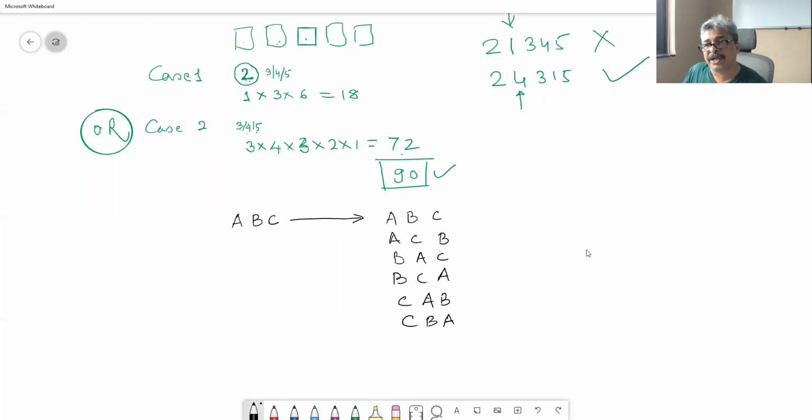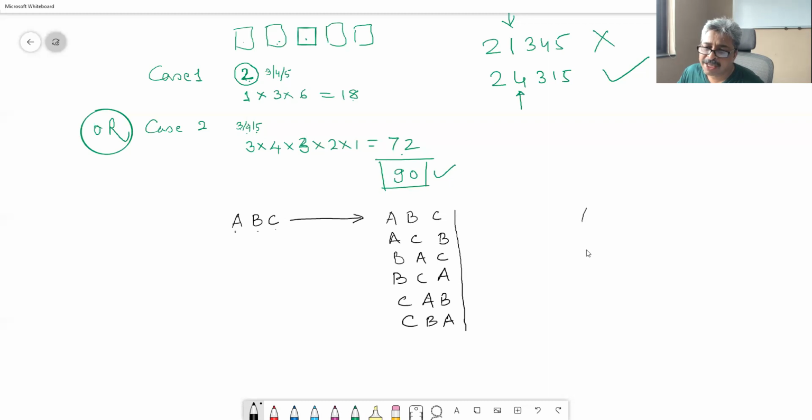ABC you will find first in the dictionary and CBA last. In this order, we have to follow discipline and list them. Then only your answer will be right. If you mess them up, then you don't know whether you have taken care of all possible cases or not. Therefore, you need to write them in dictionary order. Now A does not look like B, and B does not look like C, and therefore there will be 6 distinct photographs which we can take if A, B, C are present.